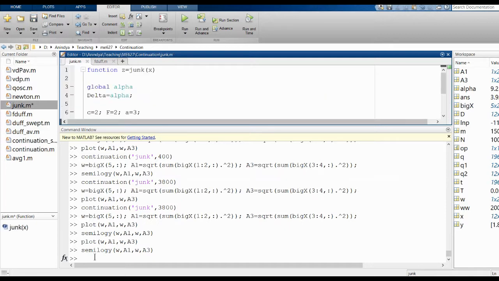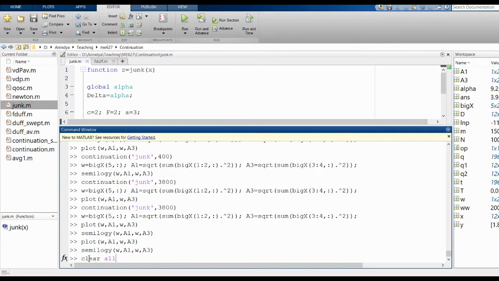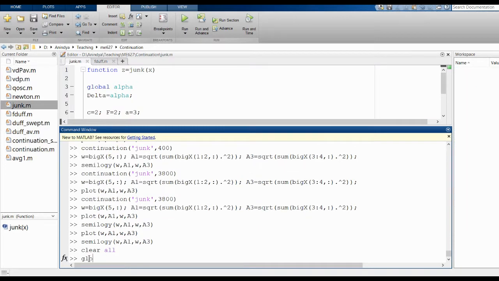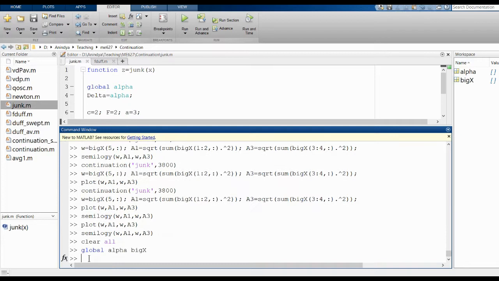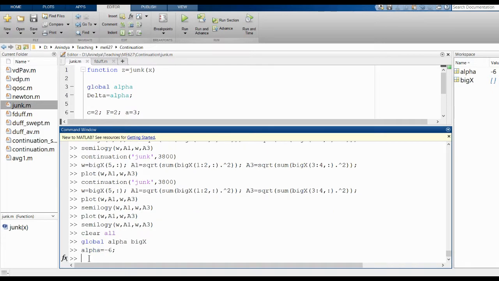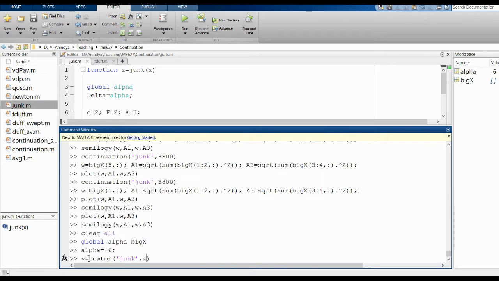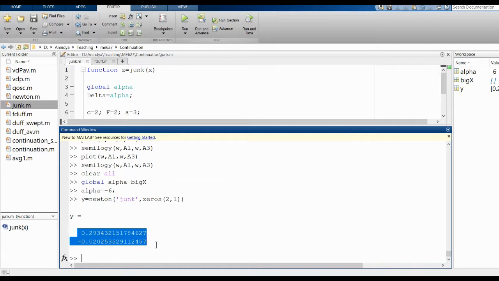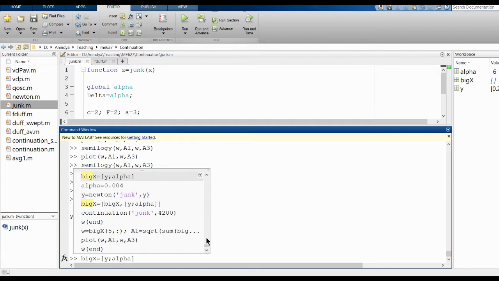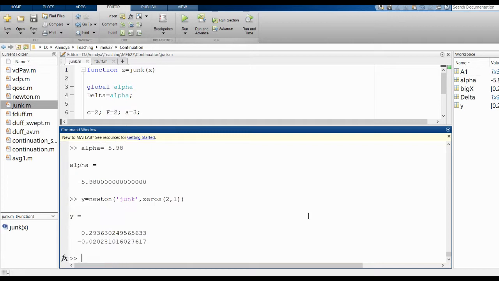So I come here and I say clear all. I say global, and I have to define my variables. I say alpha equals -6 so that I am far from any place. A and B should be close to 0. Okay, I say y equals Newton 0s to 1, and I have some small numbers. Okay, so then I say big X. I've saved that here, and I say alpha